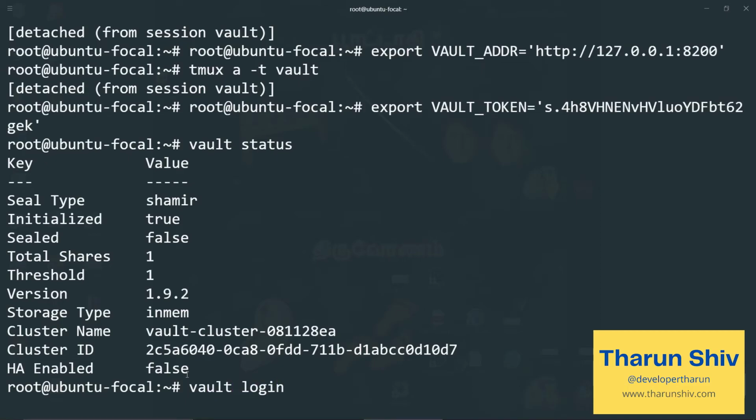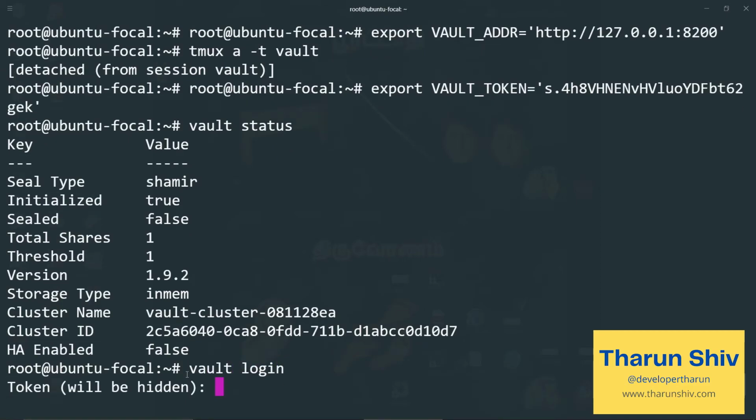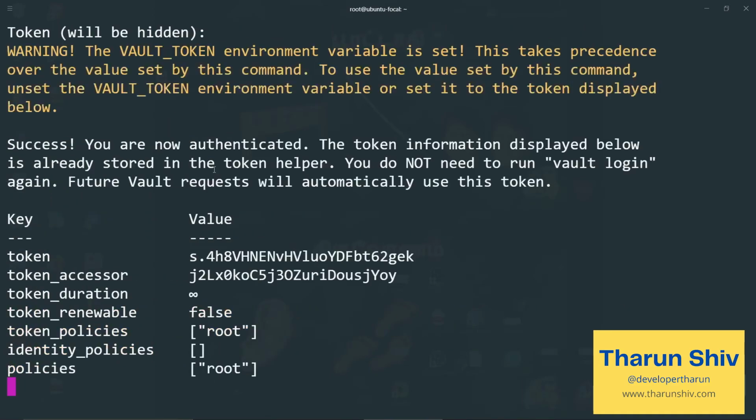Now how do we log in? So vault login should take us in once we enter the token. So let's copy this token, paste it and hit enter. Awesome, we are authenticated. So you can see the token here, the token accessor, the token duration, these are all default values.